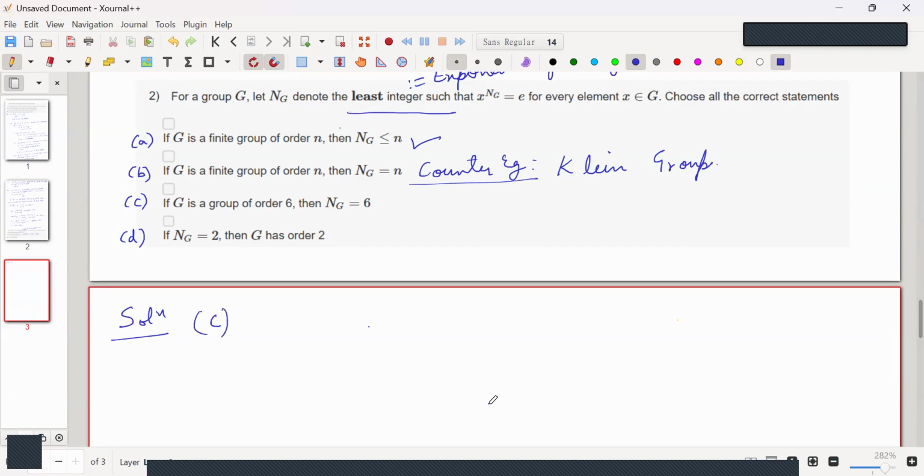So using Cauchy's theorem, there exist elements of order 2 and also elements of order 3. So once I know that there is some element of order 2 and some element of order 3, then in order to get the least element such that a power n is